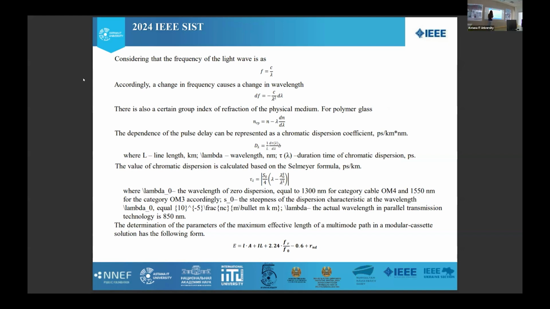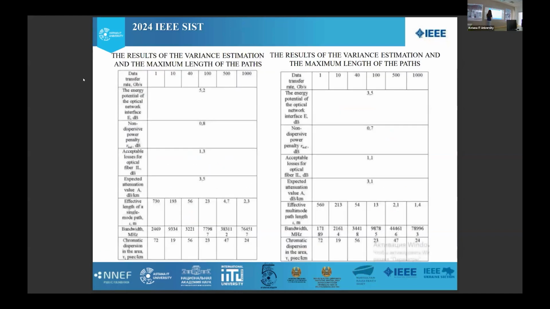This also determines the group index of refraction of the physical material for polymer glass. The determination of the parameters of the maximum length of a multi-mode path, which is a modular cassette solution, has the following form. Here you can see. Next slide, please. Here you can see